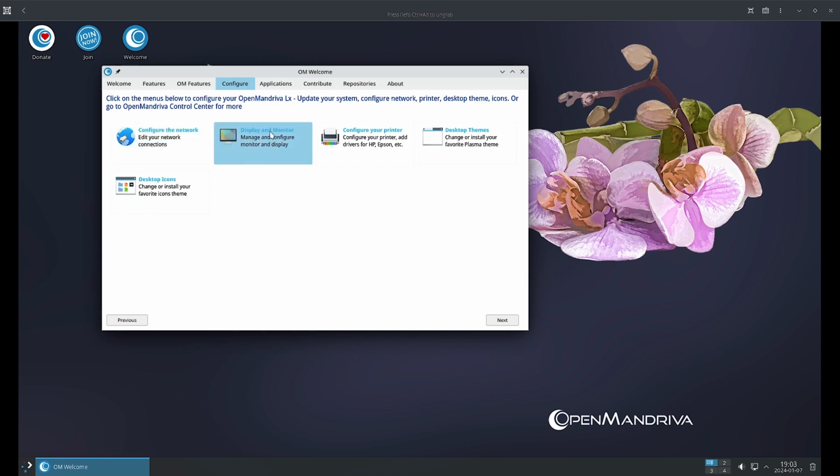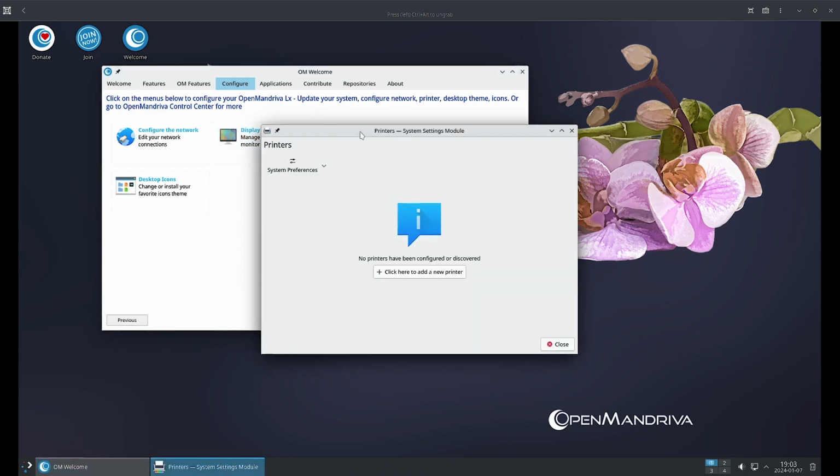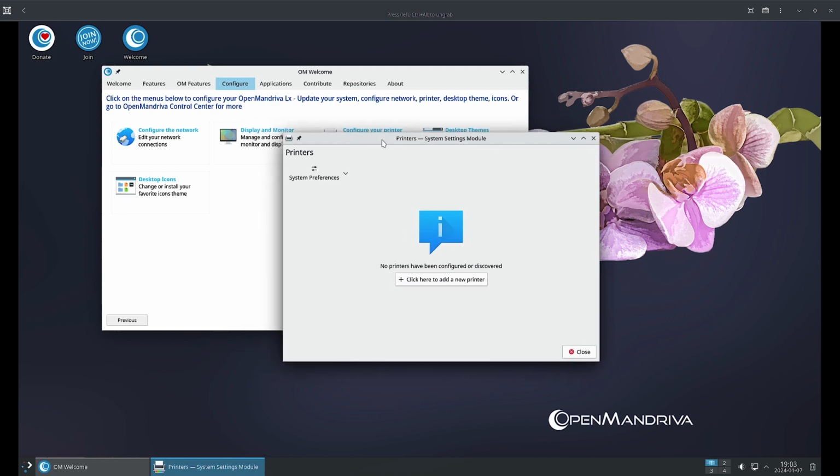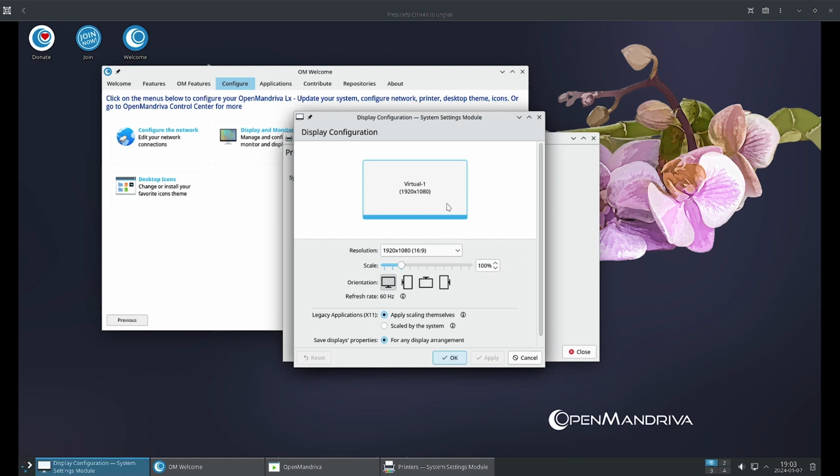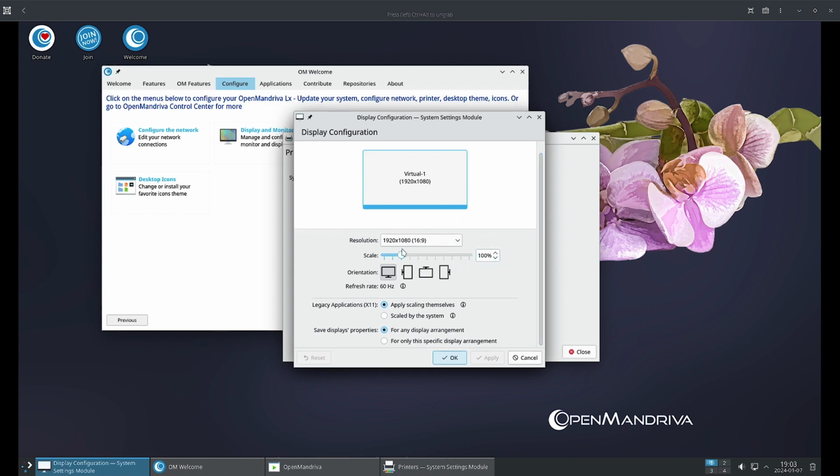You can change the display and monitor configuration from here, and you can change your printer configuration also here. So here you can see the printers module has opened up, and this display configuration is there. This is a pretty standard KDE display settings configuration. You can change the resolution, the scale, and the orientation of the display. Only the refresh rate you cannot change, and you can